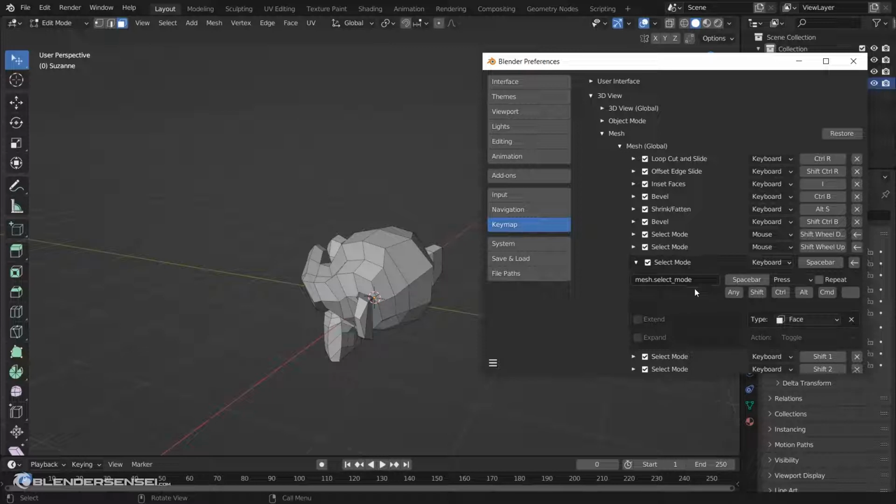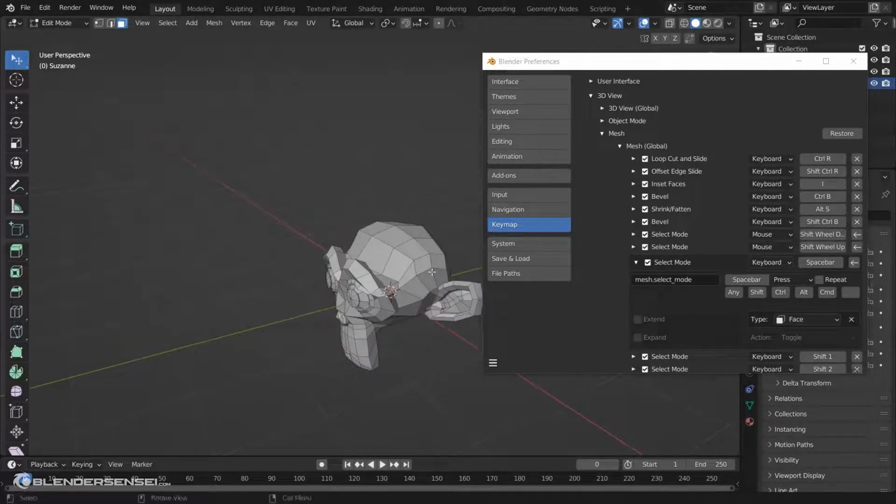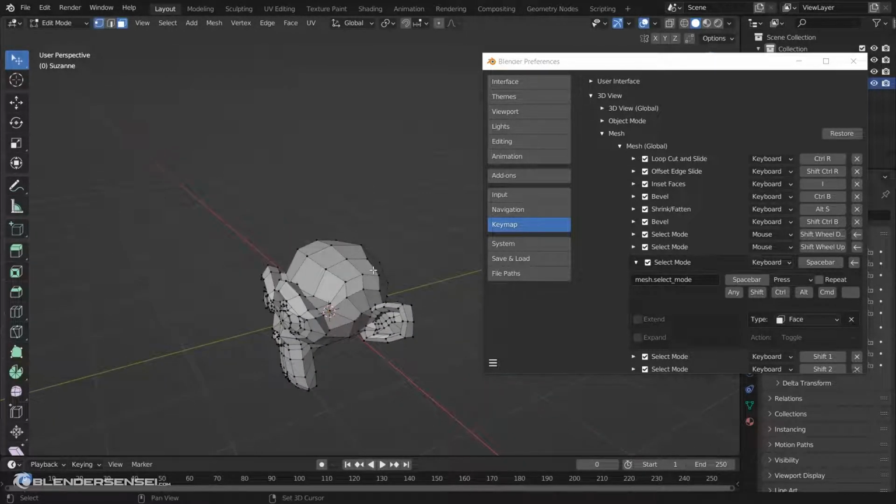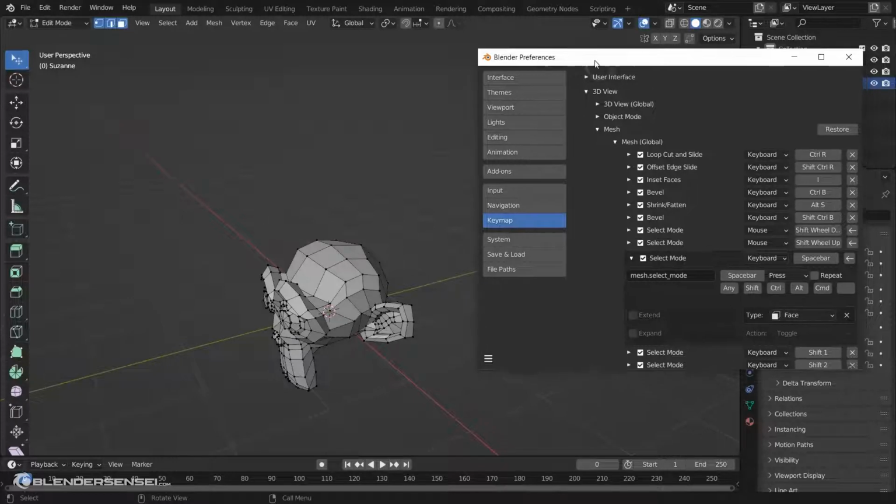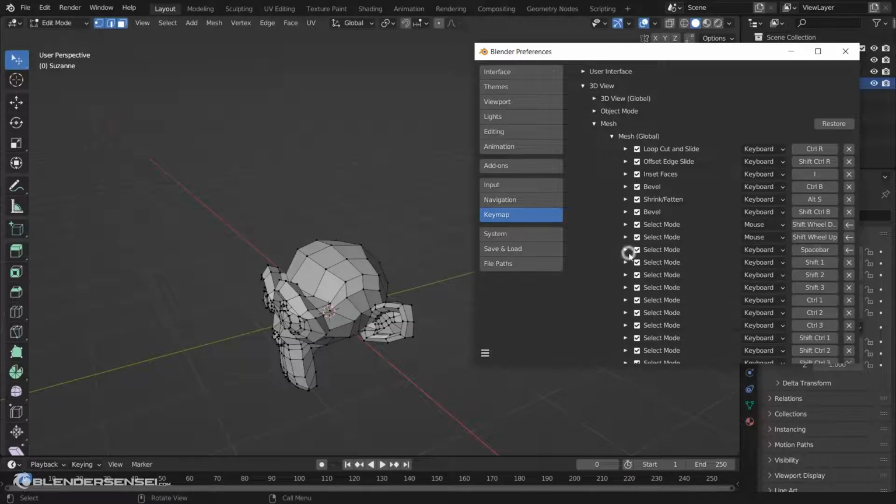Well, we're almost done. So as it stands, if we come to Edit Mode and we press Shift Scroll Down, you'll see that it did activate Vertex Selection Mode, but it did not deactivate face selection mode. If I press Shift Scroll Up, it ends up activating everything. So I think this is a bug, or maybe it's some kind of confusion about the functionality of using a mouse with these hotkeys. I'm not sure, but either way,